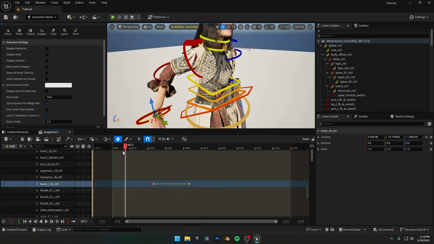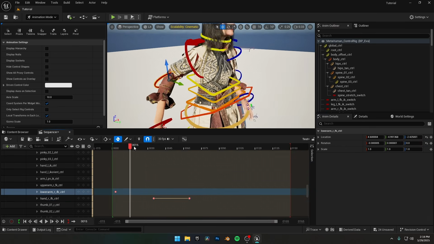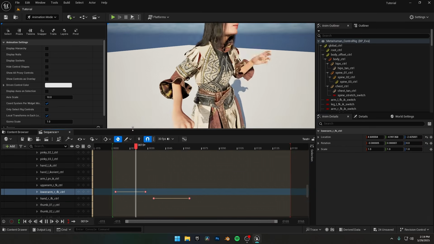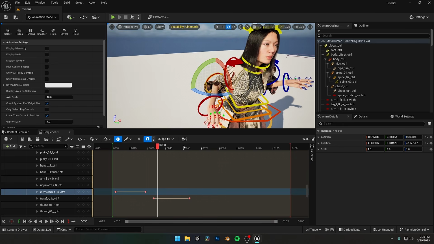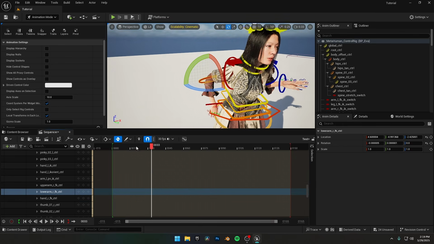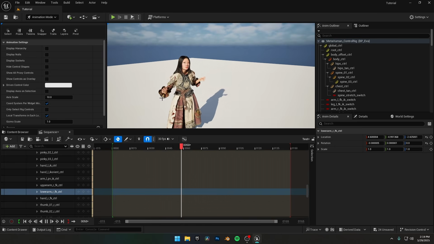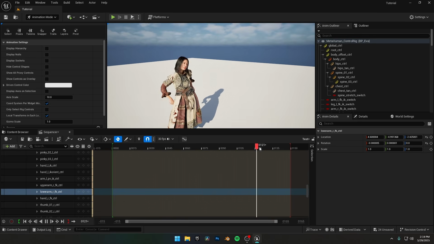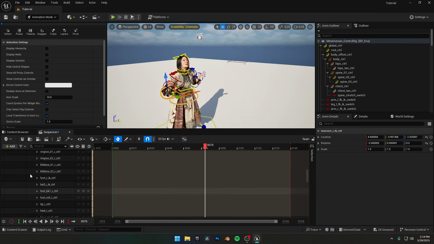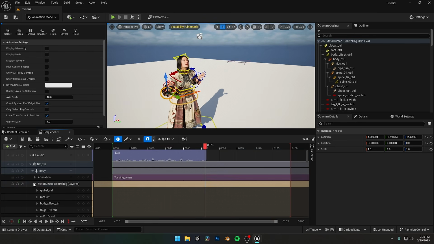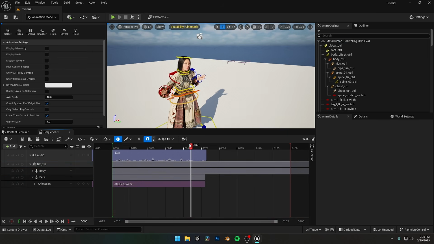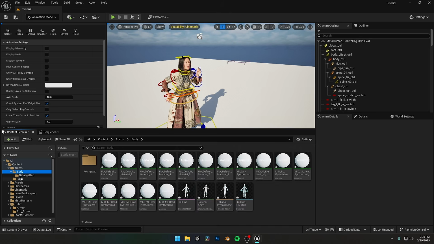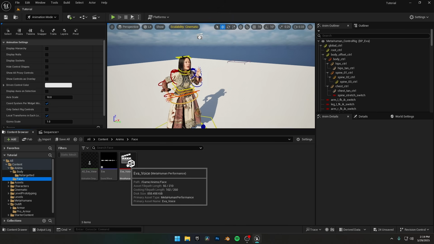For example, let me show you how this works in action. I accidentally broke her arm, but that was just to show you that you can make changes to an existing animation. There are different ways to animate a MetaHuman, but I use this method in case you don't have a Rokoko suit or an expensive camera for motion capture. Even with this method, you can achieve perfect results, or even better, depending on the effort you put into refining your animation. If you made it this far, now let me show you how to enable physics for your clothes.